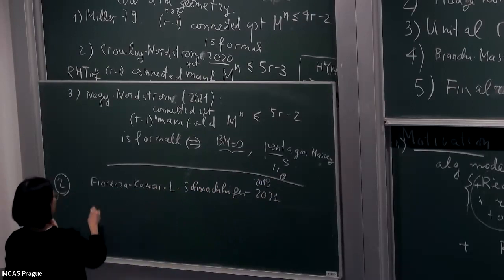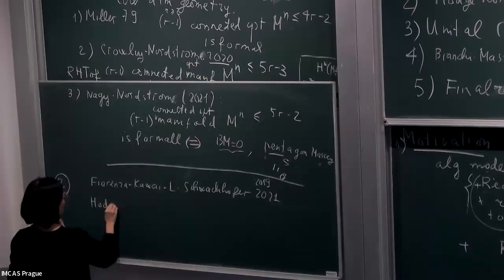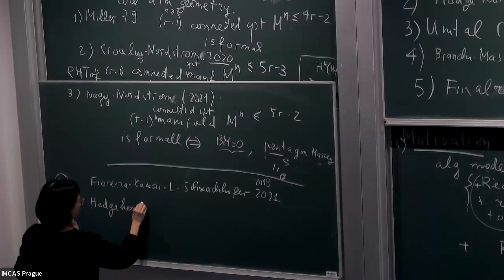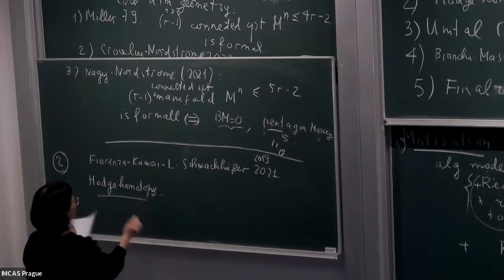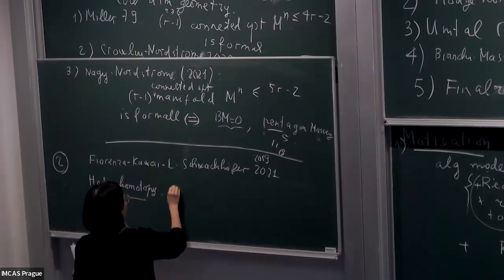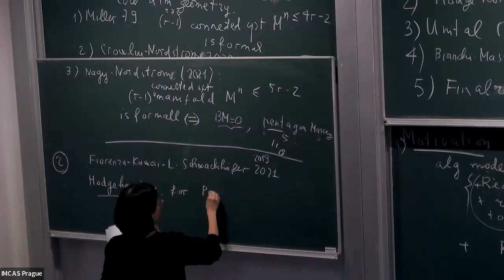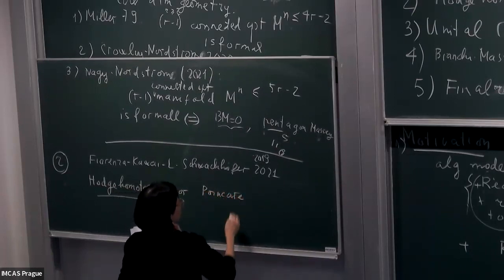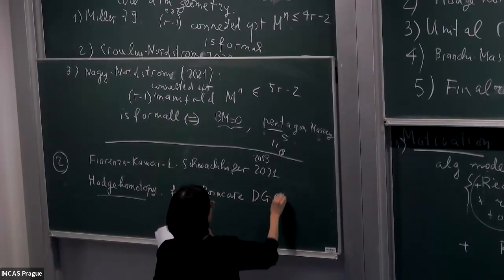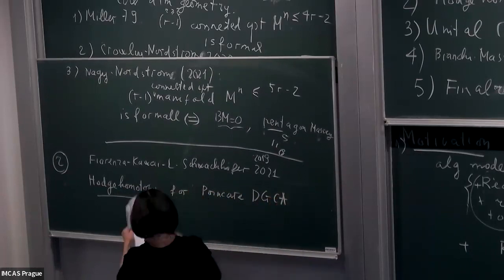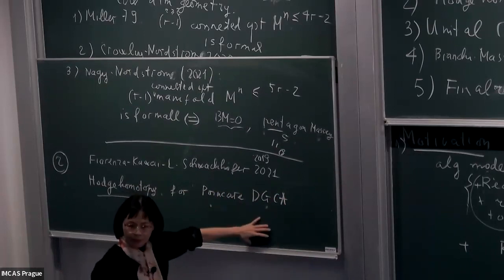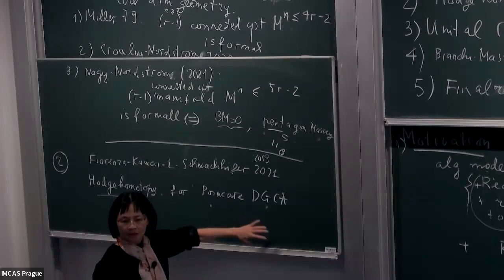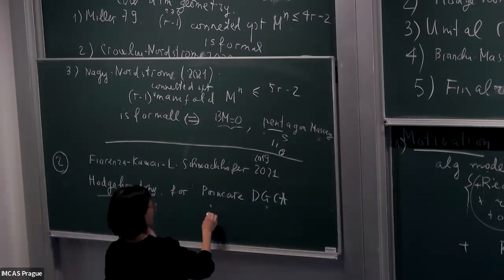So what is it? To define it, you need a Poincaré differential graded commutative algebra. And what is a Poincaré differential graded commutative algebra? You know that for compact manifolds you have Poincaré duality on the homology. So you have the